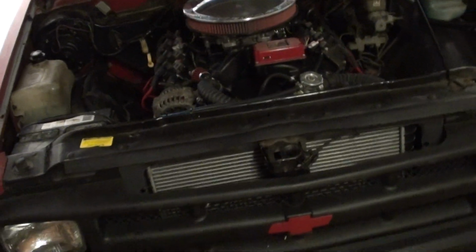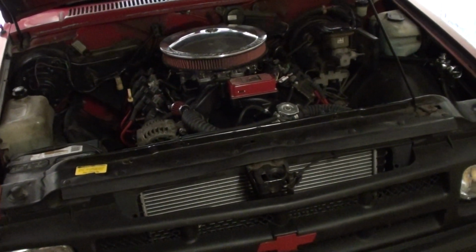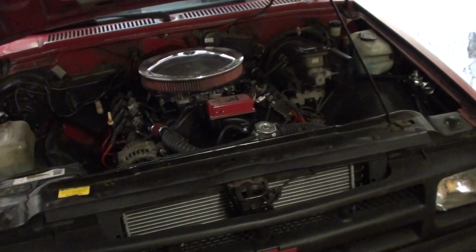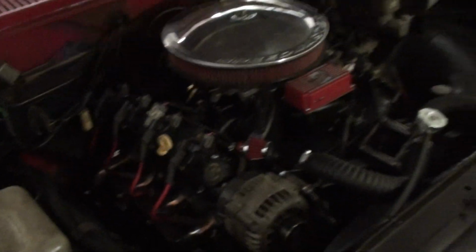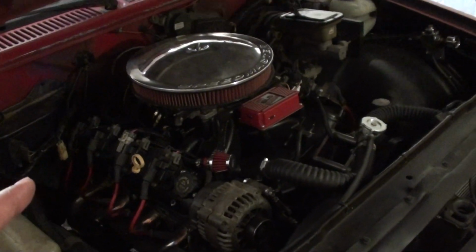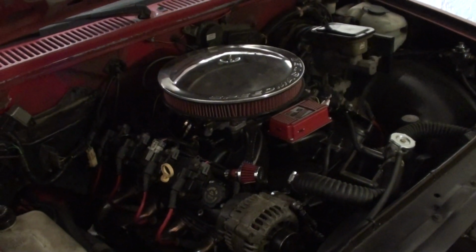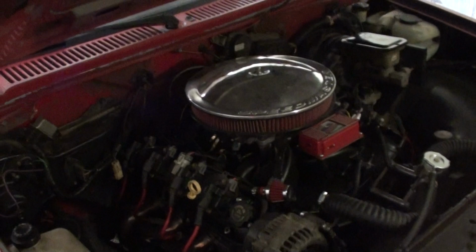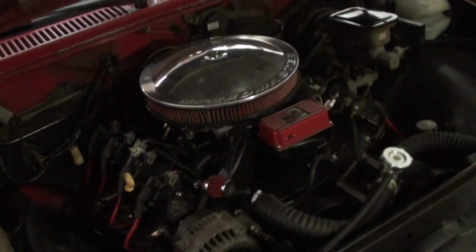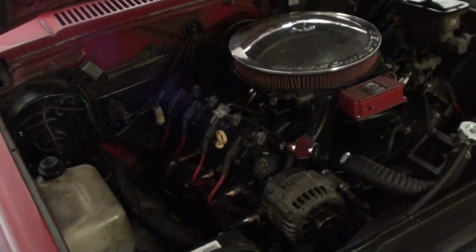Texas Speed cam, pack of 1218 springs, and almost brand new LS7 lifters. I paid him 300 bucks for it. But I'm not going to include the price of the intake manifold and the ignition box. You guys can find them used for about $400 or $500 for both, but I don't include that in the purchase price or the build price because I had them laying around from the Cutlass. Not everybody does, but...